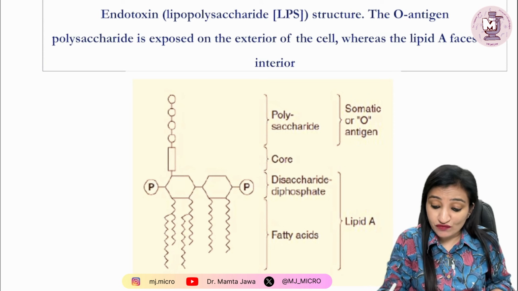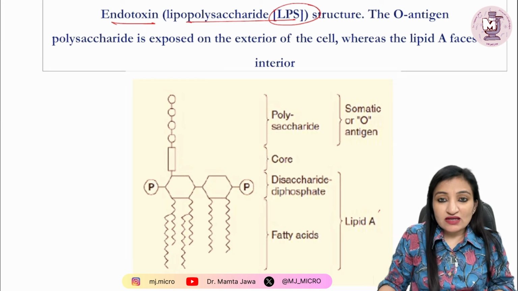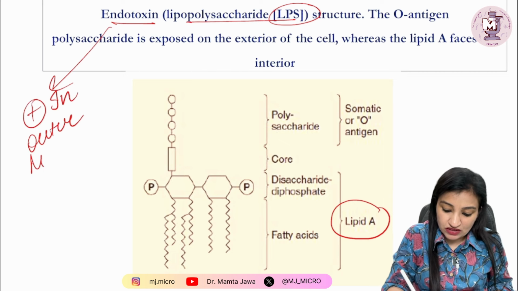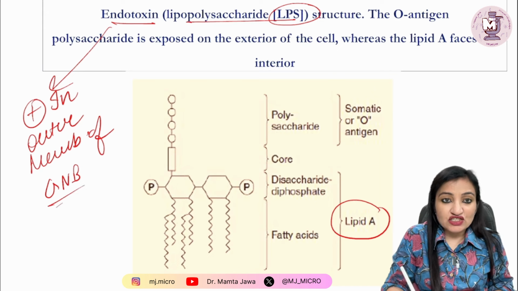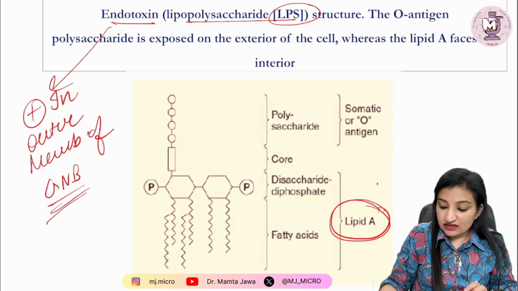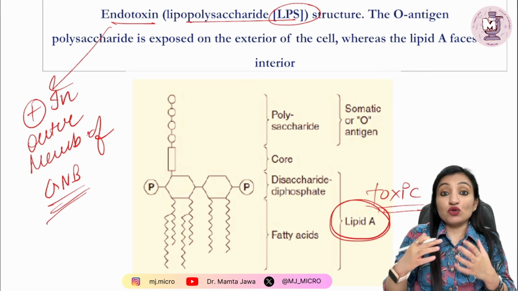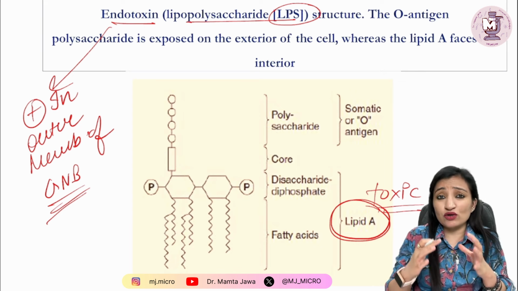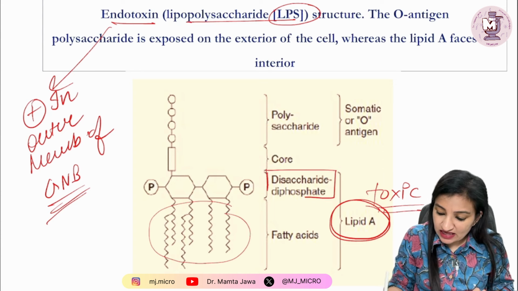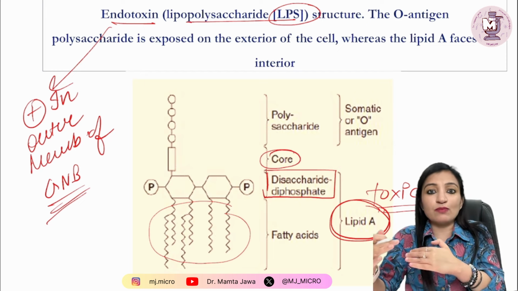Now, this is a schematic representation of endotoxin or lipopolysaccharide, as I said. ठीक है, so inside to outside अगर जाएं तो toxic moiety is lipid A. So this endotoxin is present in the outer membrane of gram negative bacteria, GNBs. ठीक है, so अंदर से बाहर अगर हम जाएंगे, सबसे अंदर कौन होता है, lipid A, this is the toxic part, this is an MCQ in itself. The endotoxic shock is because of endotoxin or LPS, and who is the villain or the culprit or the toxic moiety, it is the lipid A. So you can see all these fatty acids dangling from lipid A. Lipid A itself is a disaccharide diphosphate. इसके बाहर क्या होगा, core polysaccharide, and इसके भी बाहर होगा एक और प्रकार का पॉलीसैकेराइड,